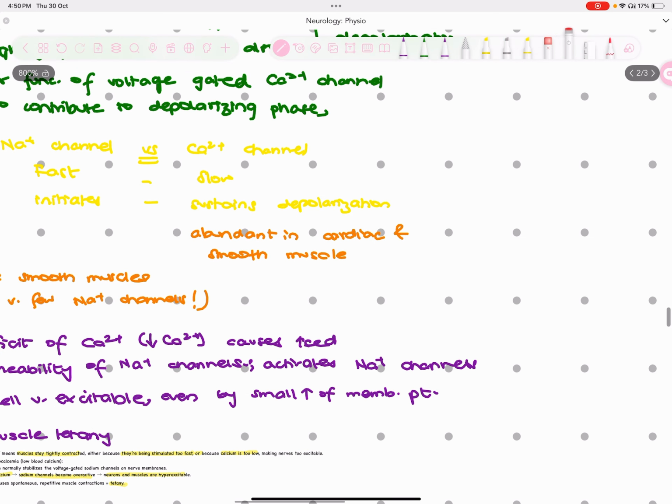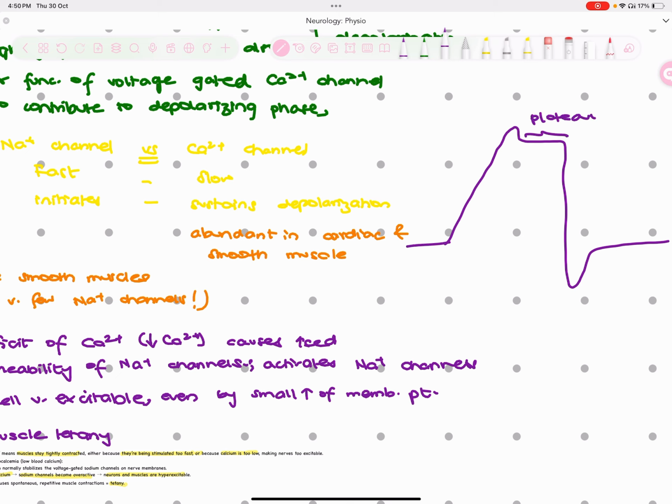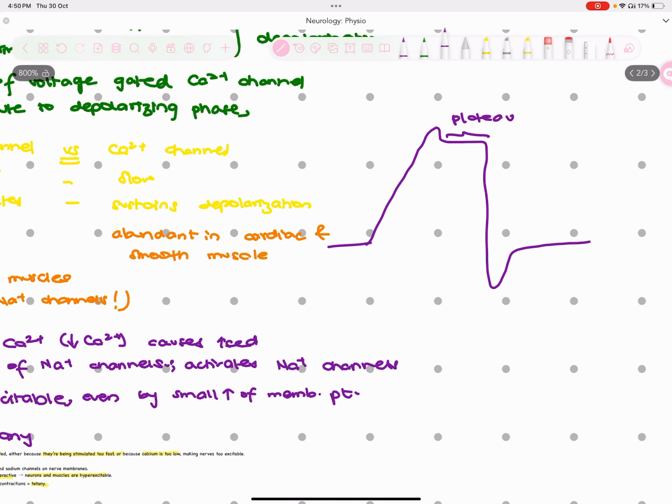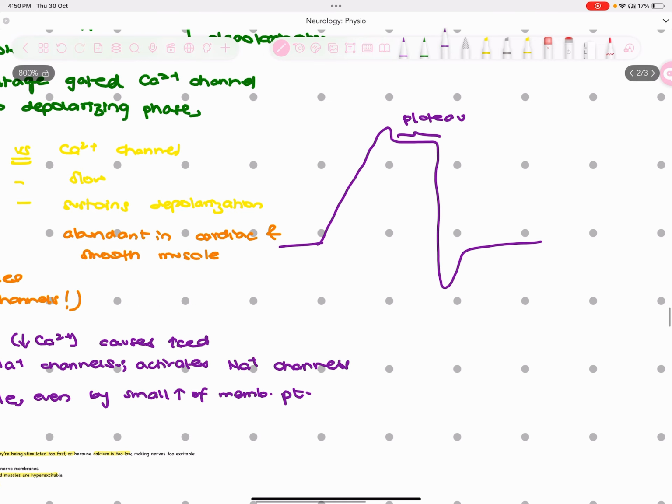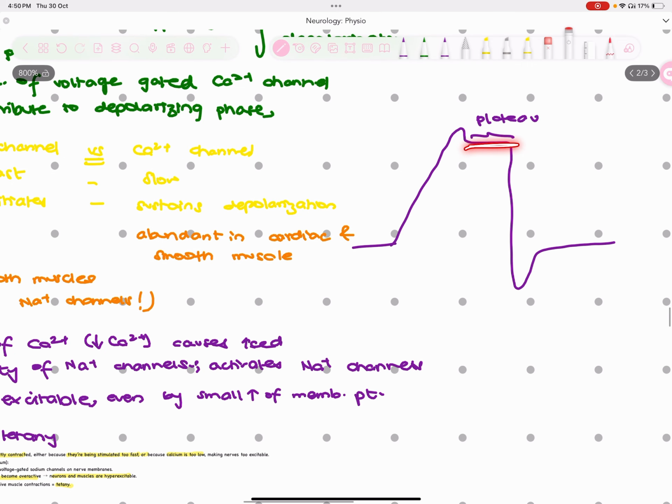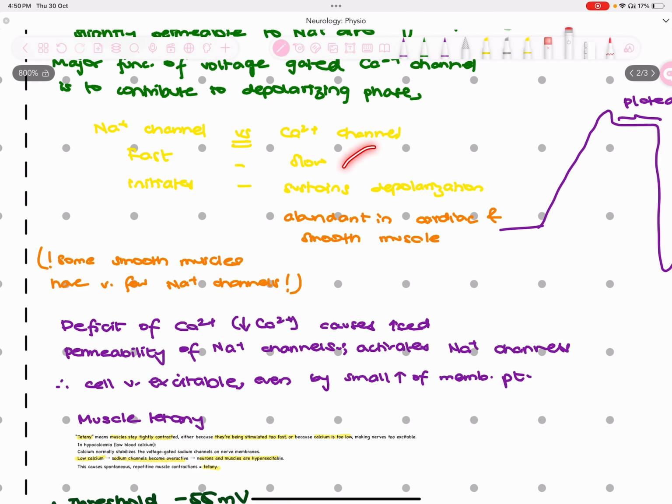Whenever you see an action potential, for example, this is the action potential graph, the depolarization will be sustained and then it will go to hyperpolarization and then reach the resting membrane potential. This plateau is caused in a lot of cases by your calcium ions. It's also caused by the slow opening of potassium channels, which delays the efflux, so repolarization is delayed and hence the plateau. And very importantly, calcium causes this plateau because it's slow to close, so it causes a